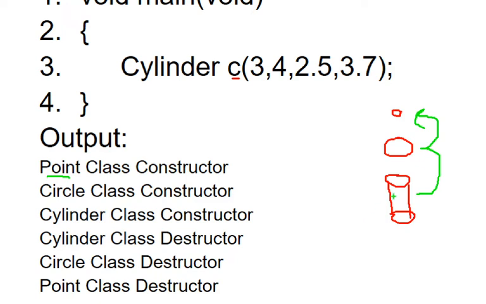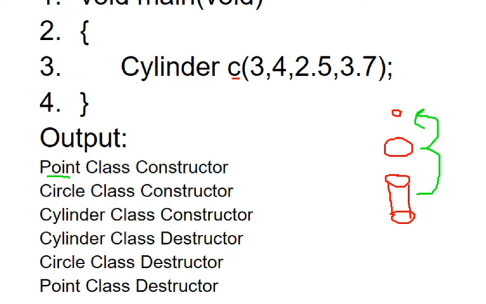We gave a call to the cylinder constructor, but it did not get executed; it went to the circle, and then it went to the point. The first thing which got executed was the point class constructor, then the circle class constructor got executed, and then the cylinder class constructor got executed, right? And if you see this code here,